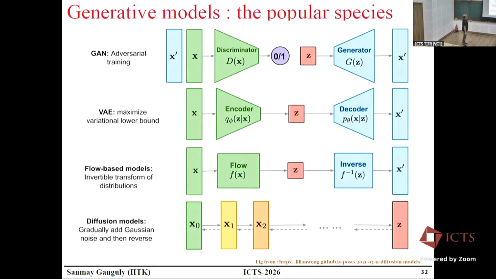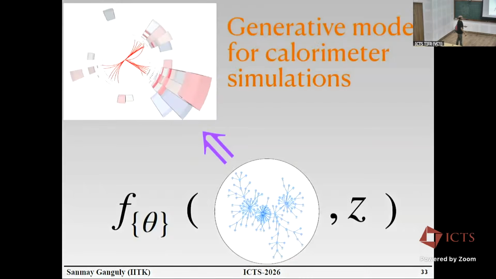So this is just a comparison: there are adversarial networks, autoencoders, flow-based models, diffusion models. There is another very new class of models called flow matching, and so on and so forth. But now, why do we care about this? We generate jets, we generate calorimeter showers. The whole philosophy is, if you ask in high energy physics, let's say if we take the world of our experiments, where most of the computer power goes, the lion's share goes to generating simulations which we use for our analysis.